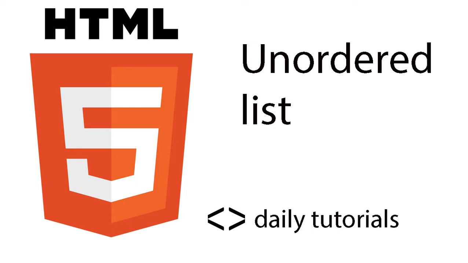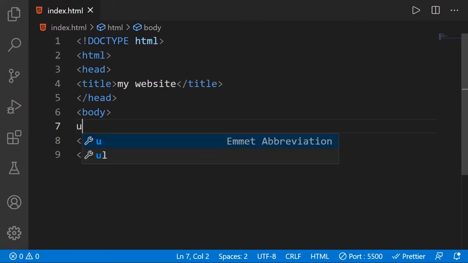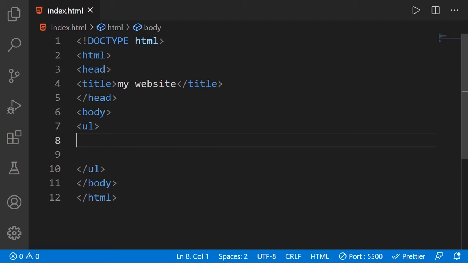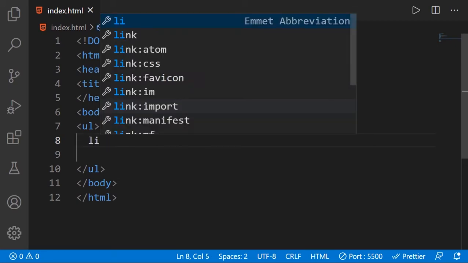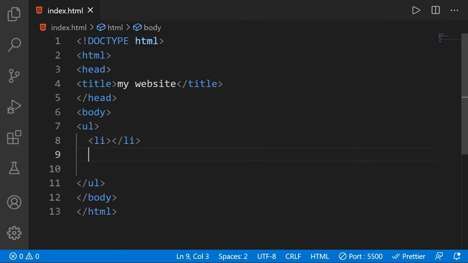So let's get started. First, let's put a UL, and inside the UL we're going to have our items inside an li tag, which means list items. So this is our first item. Let's add two more items,